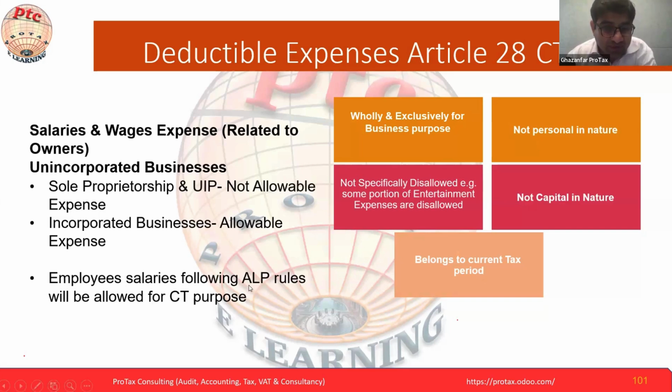Why do they mention the ALP rule? What is the ALP? Arm's length principle. What is the salary for the position that you are hiring for, and paying to him, in the market? It should be in the same range. Because of the skill set the person has, the salary will not be exactly the same as the market, but it will not be materially different. Let's say for one position the market salary is 20,000, but you are paying 120,000. This is a big difference, and you have to give the justification for why you are paying that.